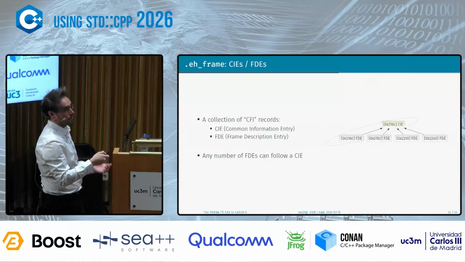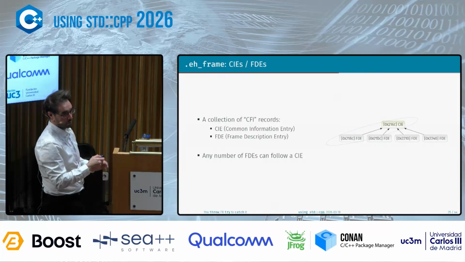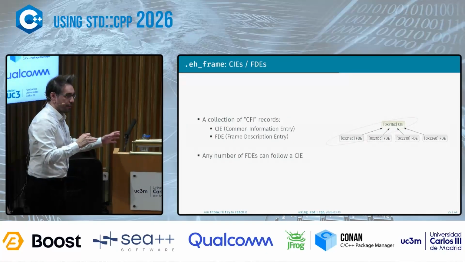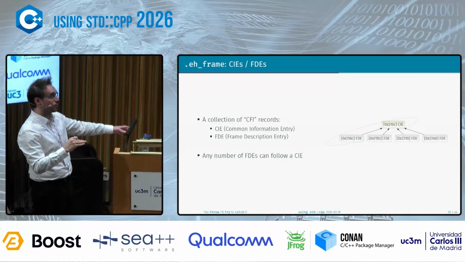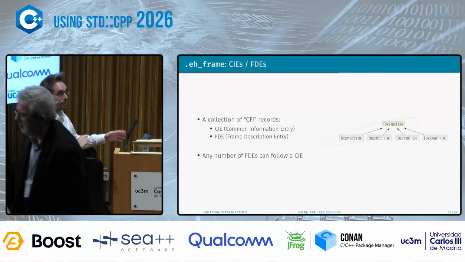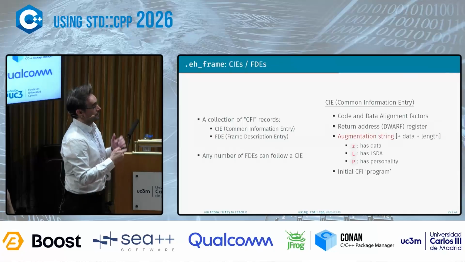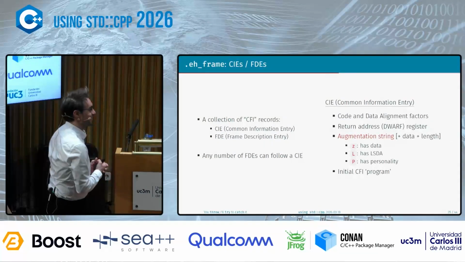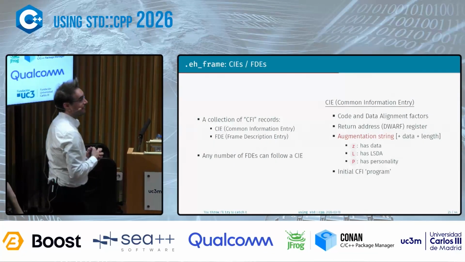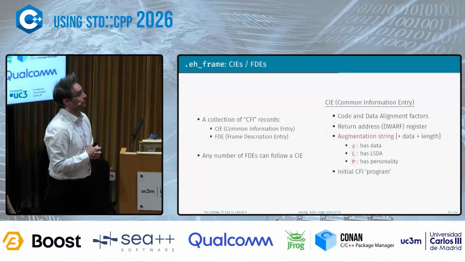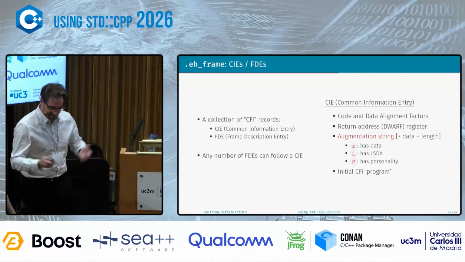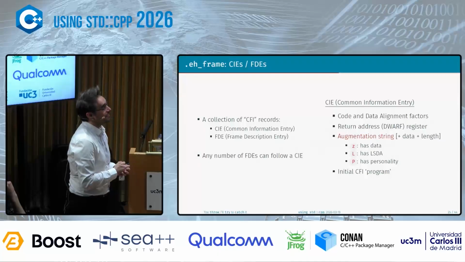This number that you see here is the identifier for that CIE or FDE. It's either the absolute offset with respect to the beginning of the executable image or some relative offset with respect to this section, .eh_frame. Let's dig a bit more. This is starting to get like an infinite rabbit hole, right? So a CIE